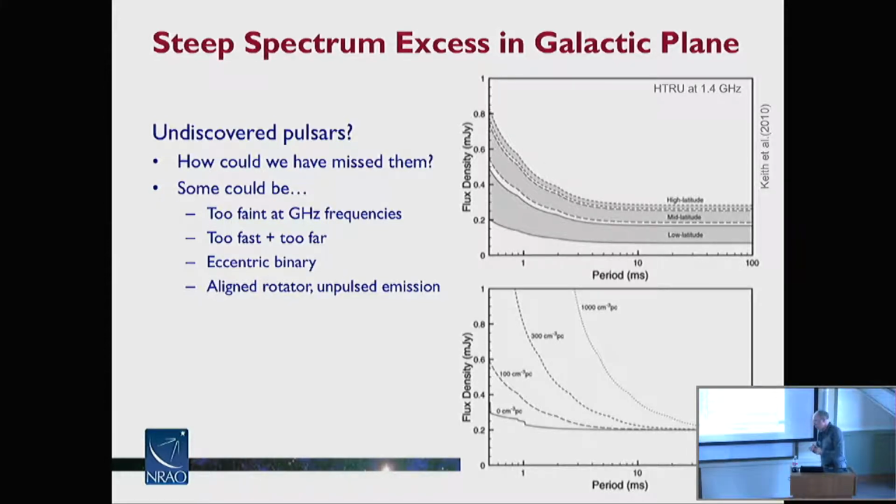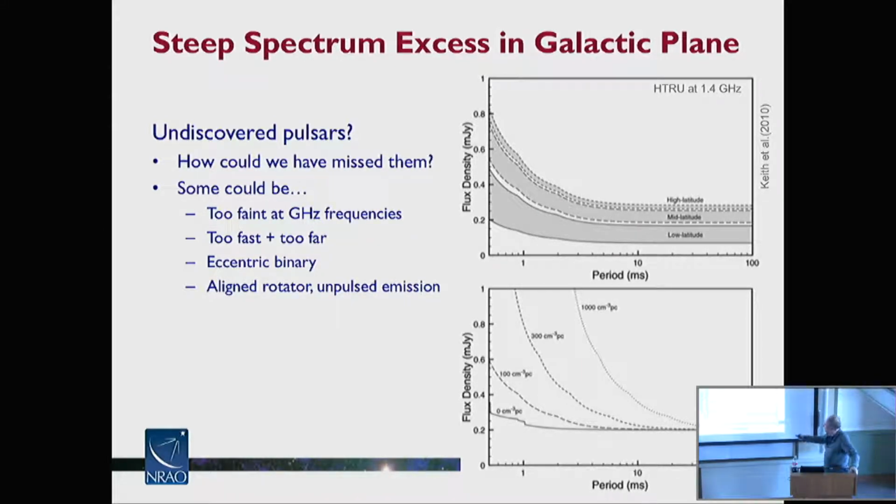Okay? And we've looked at the systematics of our sample to see if there are errors that are causing problems. There's a 10-minute digression I can talk about, but we think we understand our errors well enough that this is not a sample that's dominated by errors, and that the steep spectrum compact sources are genuine sources. And so maybe some of them are really, really steep spectrum at gigahertz frequencies, and so they just disappear off the search radar of these experiments.